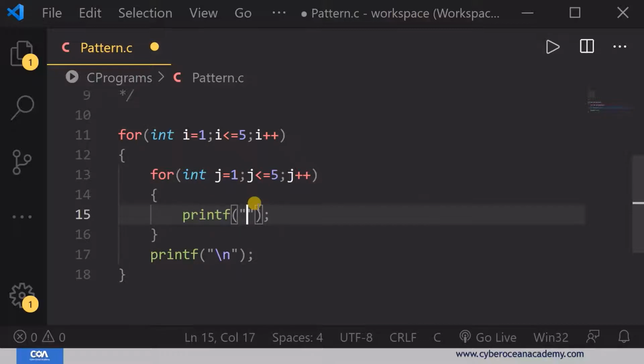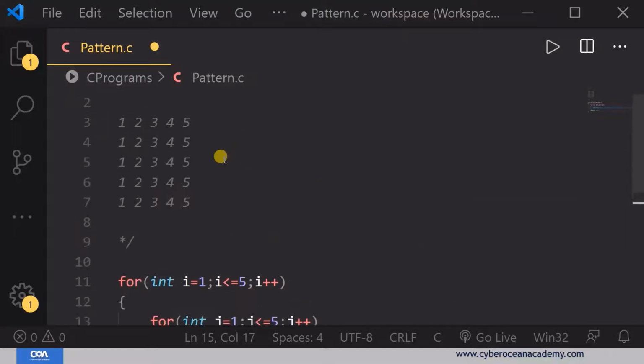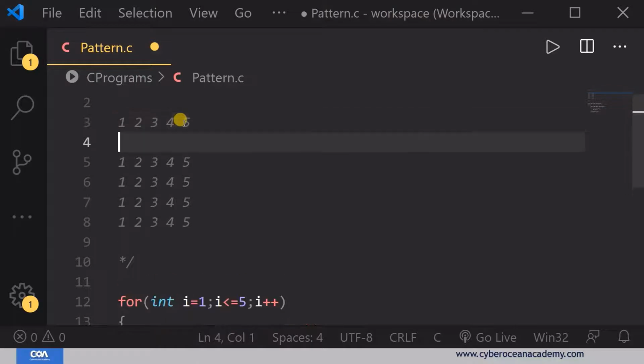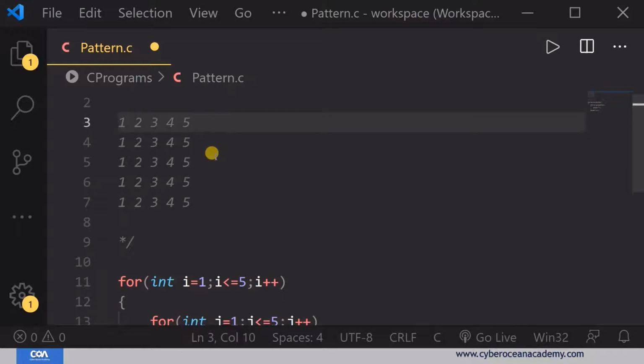So here, what do you have to print? You have to print the value. Okay, just relate these values. What are these values, guys? Here in the first row the value is changing. Also in the last video we discussed how you can print 1 1 1, 2 2 2. That you have already done. Okay, you have already done that program. So there is no variable there. Why? Because the value is the same, the value is 1.